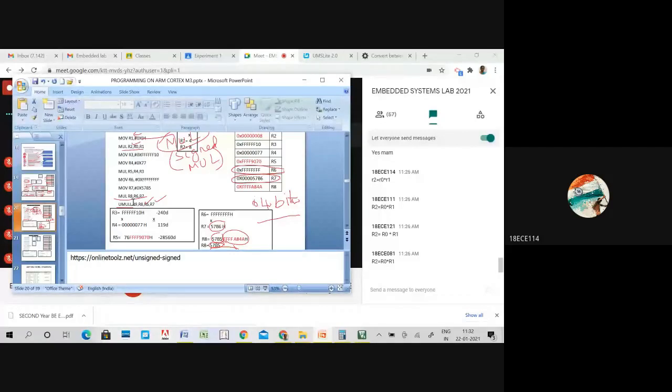Okay, ma'am, but it will convert and perform, ma'am. Yeah, the user has to interpret the result. For example, if you assume this number is a signed number, you have to interpret the result based on your input. Here I have assumed this number is a signed number, that is minus 240. So after multiplication, we have to get this result, that is 28560. We have to verify the results based on our input. We don't have a separate signed multiply instruction in ARM Cortex M4. But we can give signed numbers.